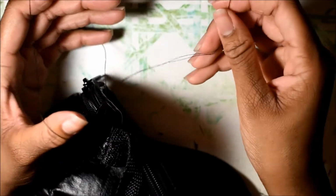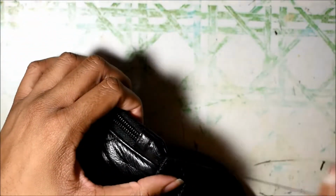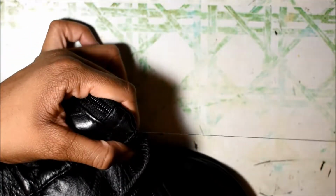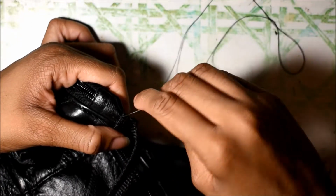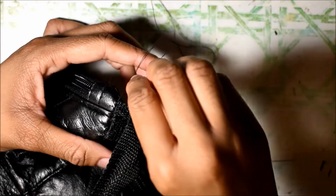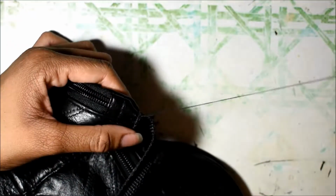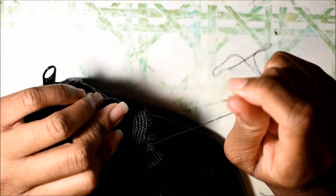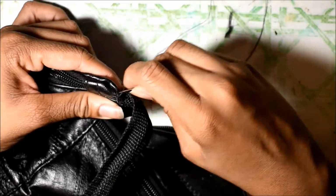And what I'm going to do is just take this needle, put it through the loop, and when I pull it together, you can see that it forms a knot. So what I'm going to do is also try to go under that stitch and tie another knot the same way. If I can not get my needle confused, and just pull that nice and tight. Make sure there are no loose kind of ends, and if you want that added security, you can go through the leather just once more